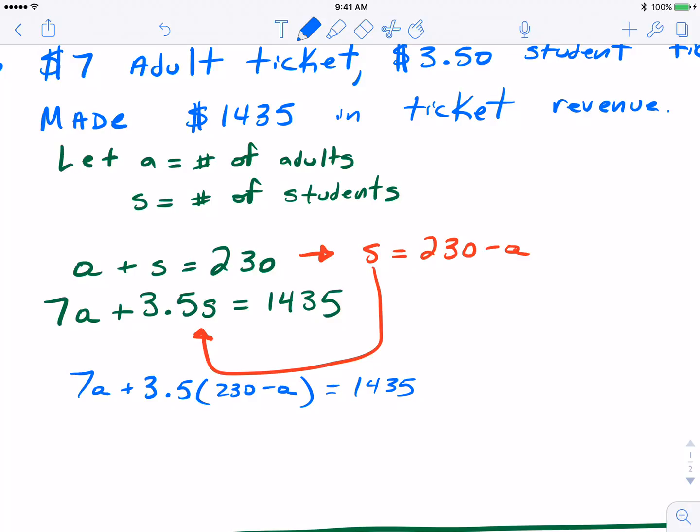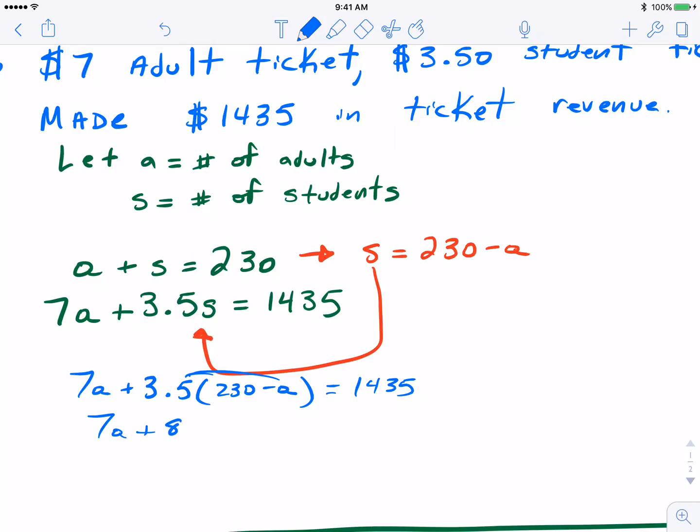Okay, so now this should look a little familiar as a multi-step equation. And again, we only have one variable, and a one variable equation can be solved. So I'm going to do some multiplication here. I'm going to distribute. I'm going to get 7a plus 3.5 times 230 would be